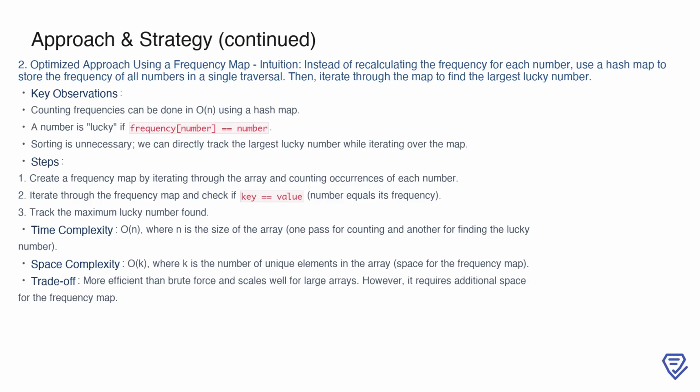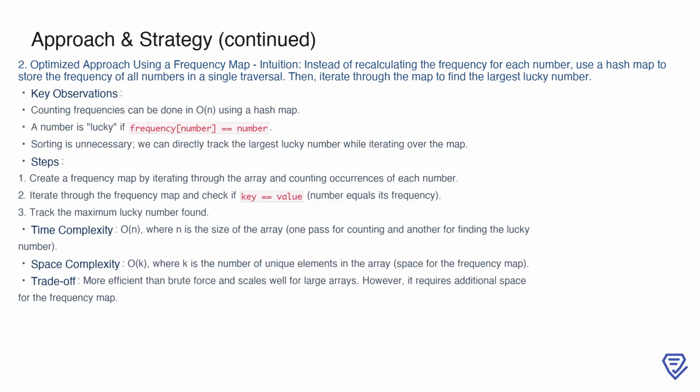Then, we iterate through the map and check if the key equals its value. While iterating, we also keep track of the largest lucky number. This approach is highly efficient, with a time complexity of O(n) for counting and checking, and it scales well even for large arrays. The trade-off is the additional space required for the hash map, which grows with the number of unique elements. However, this is a worthwhile trade-off given the significant improvement in runtime efficiency compared to the brute force